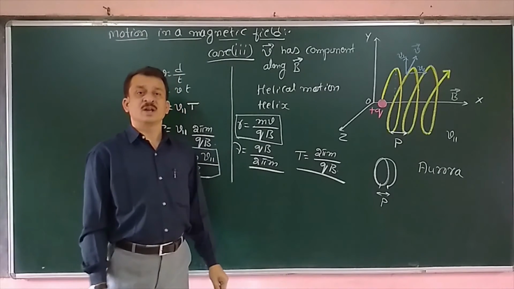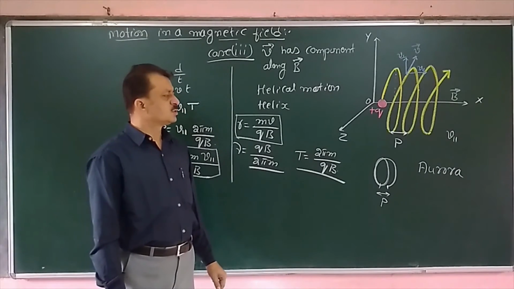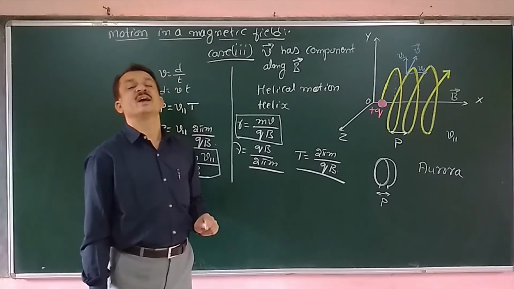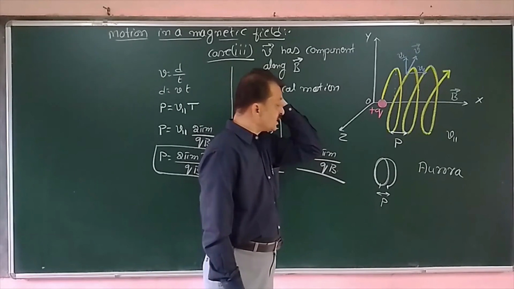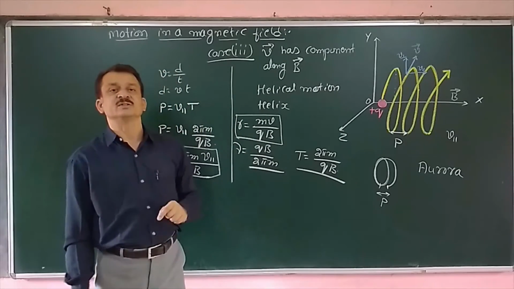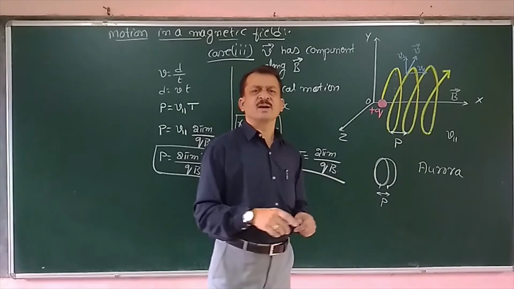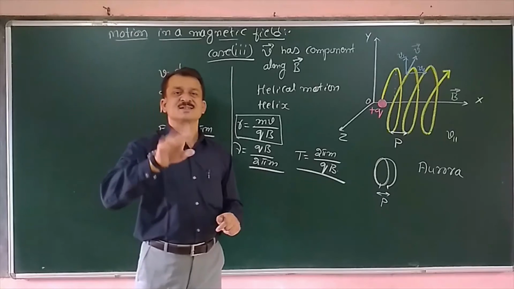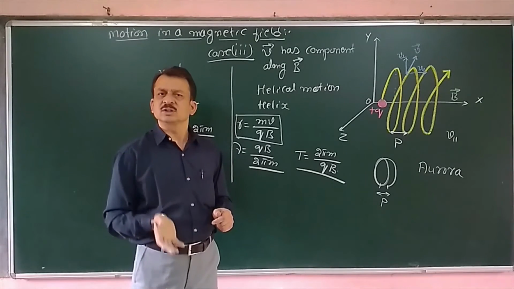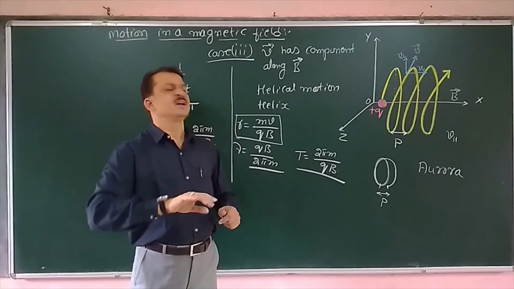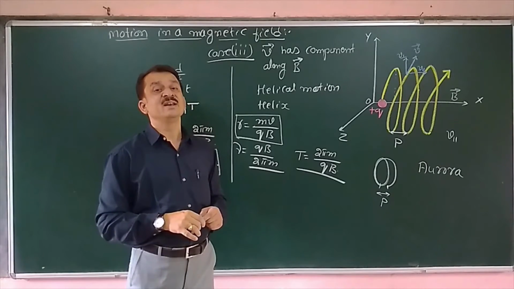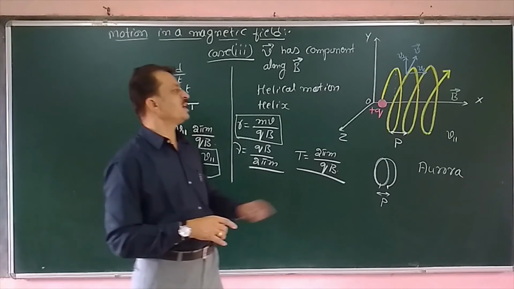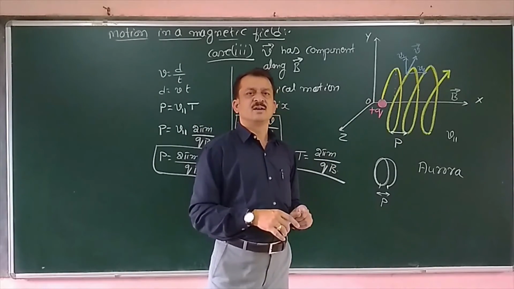Spectacular lights are seen in the polar region. That is due to this interaction of charged particles with the atoms and molecules present in the polar region. For this interaction to happen, the oxygen atom in the atmosphere goes to an excited state, and while coming back to the ground state it emits green color. The oxygen emits green color.